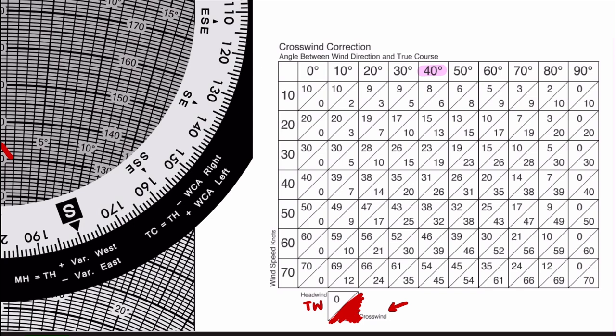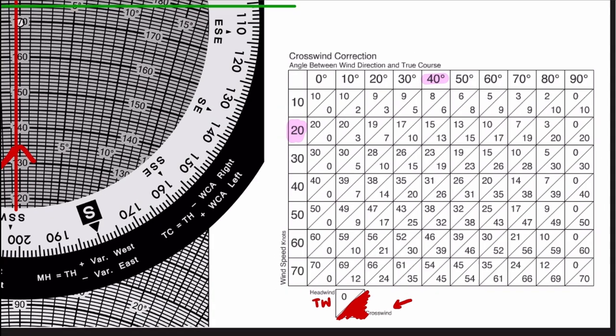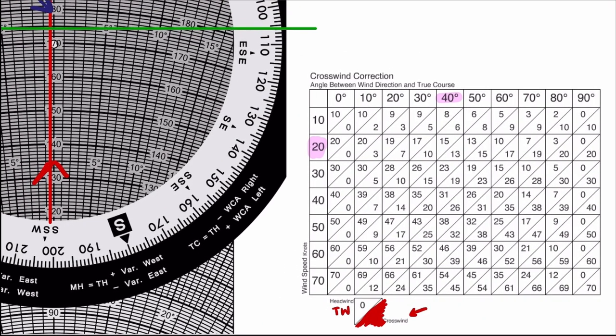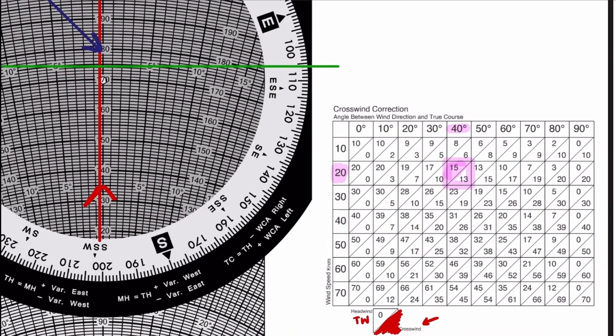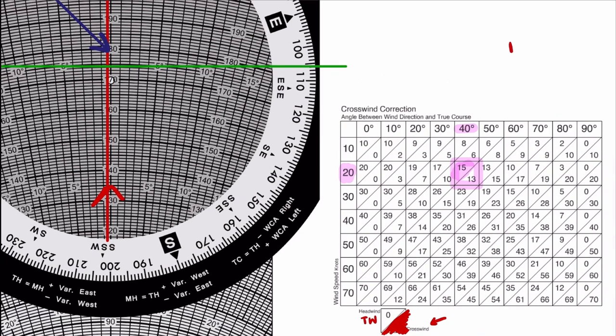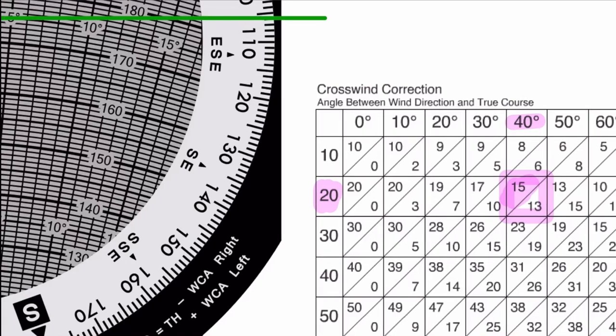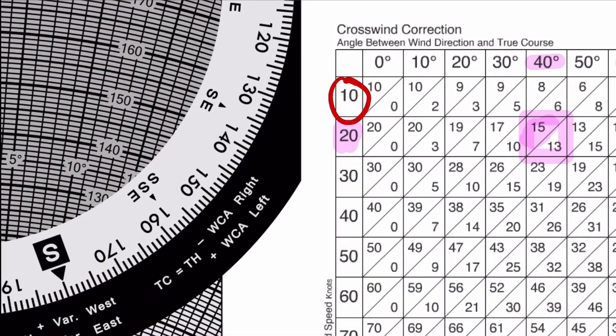So what I like to do is first take 20 and figure out what my wind component is going to be with 20 knots of wind. So I just find the box that these both lead to, and I'm taking that top number of 15. So I have 15 knots of wind right now, but I need to account for 5 more knots of wind because I had 25. In order to do that, I think the simplest way is to take 10 over here,